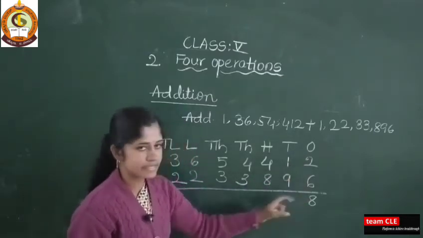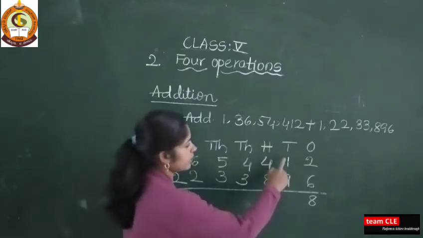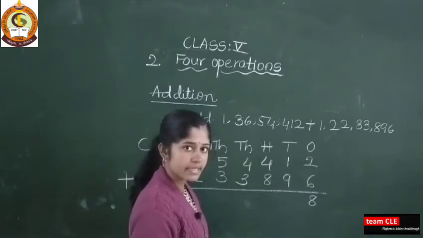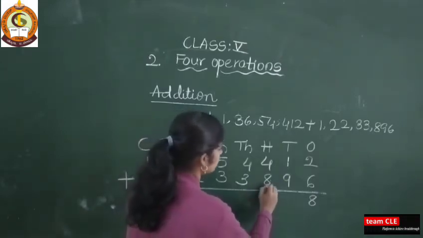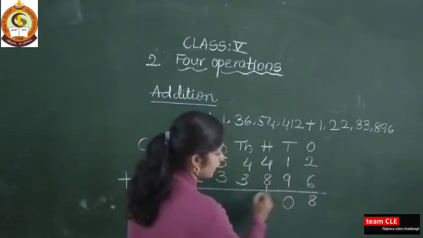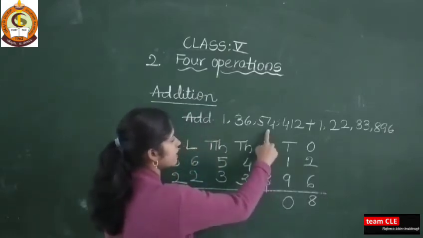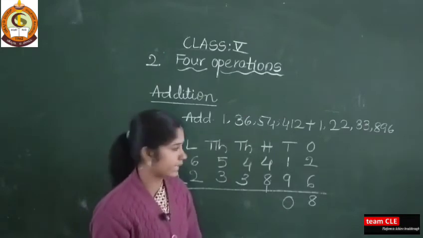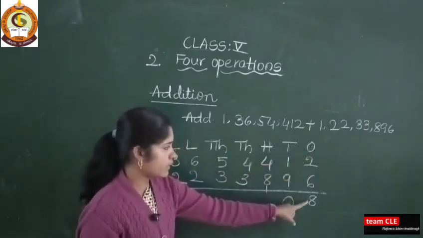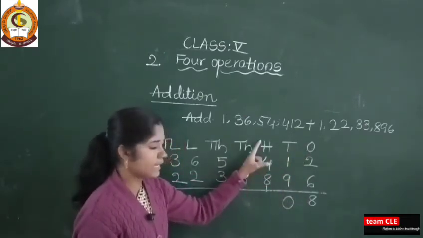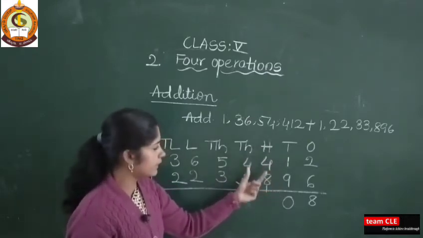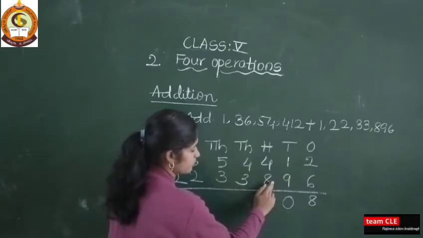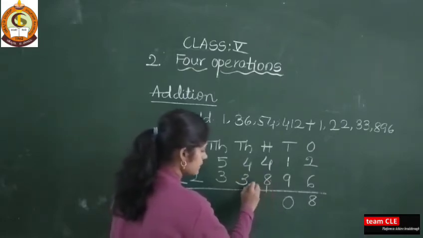So 2 plus 6 is here 8. Next you take the tens place. 1 plus 9 is 10. So keep carry 1 and write here 0. Some students write the carry here, so that is also no issue, that is also correct. So here I added the ones place, next you add the tens place, next add the hundreds column. So see here, 4 plus 8 is 12, 12 plus 1 is 13.